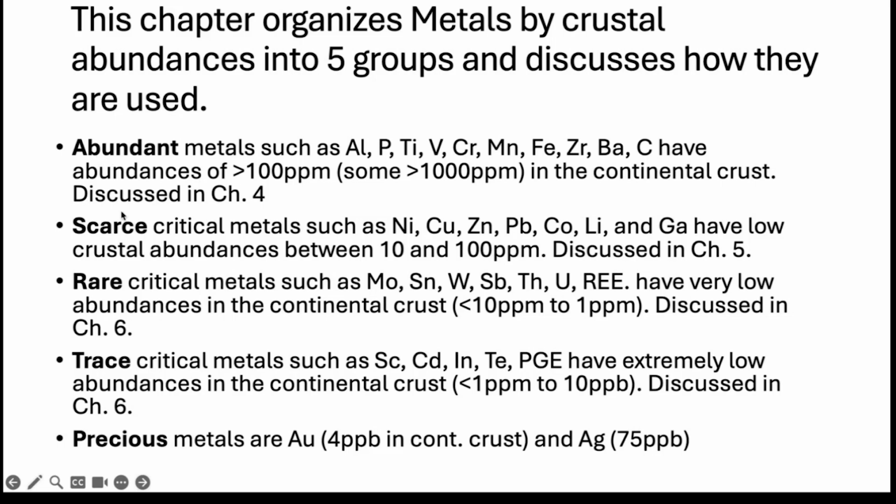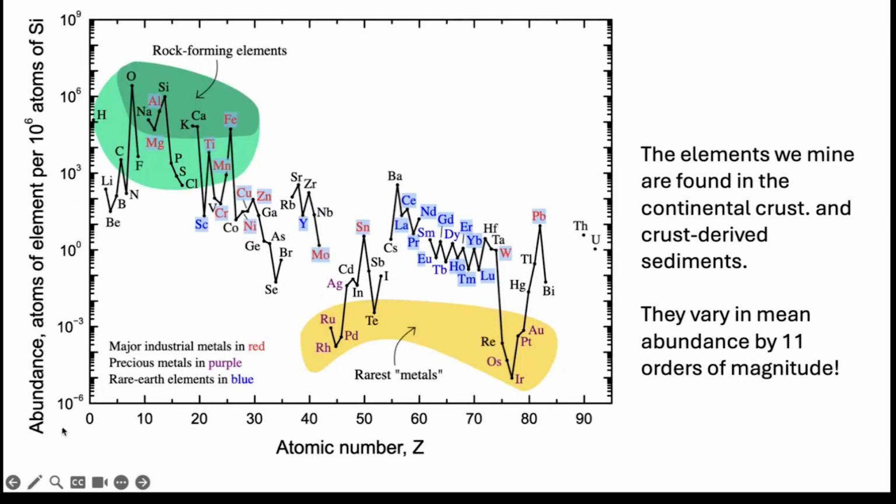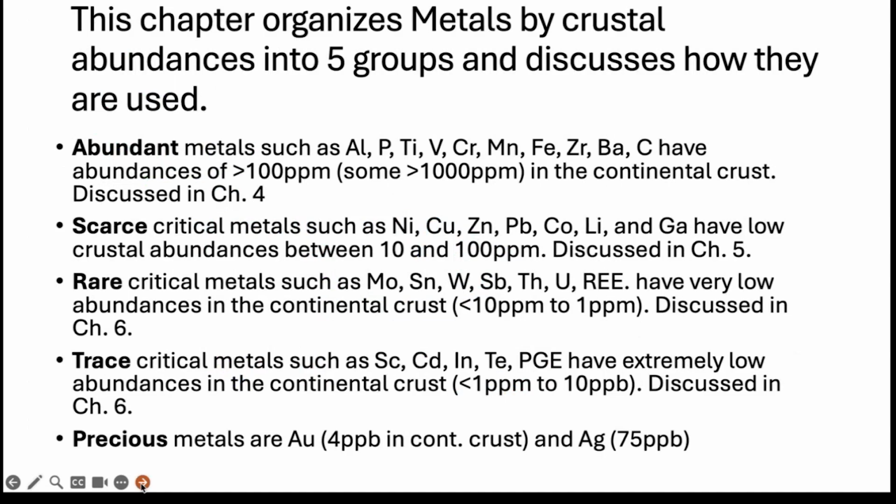the abundant metals, the scarce metals, the rare metals, the trace metals. I have some problem distinguishing these 3 groups, right? Abundant metals, I have no problem. Precious metals, I have no. Well, we will see there is a little bit of a problem with precious metals, because the question is, it definitely includes gold, but what else does it include, if anything? But scarce, rare, and trace, it's like, okay, I'm not sure I understand the difference, but they define it basically